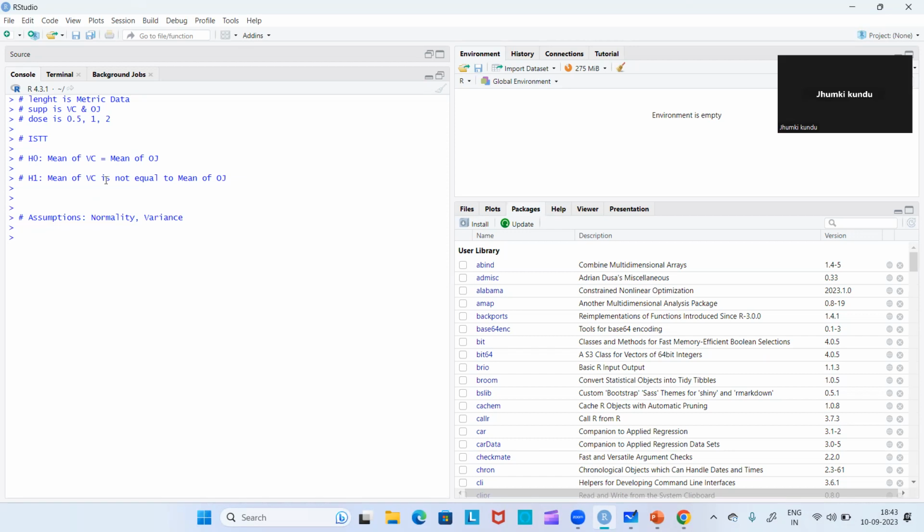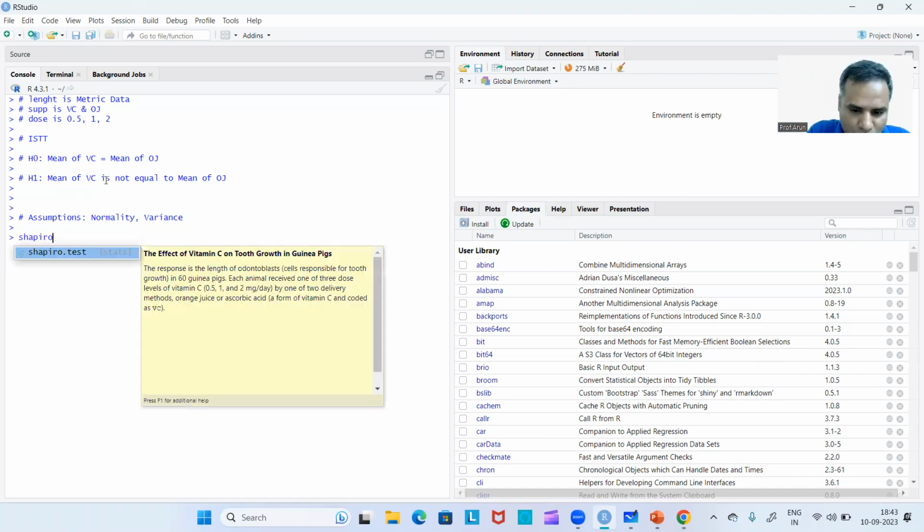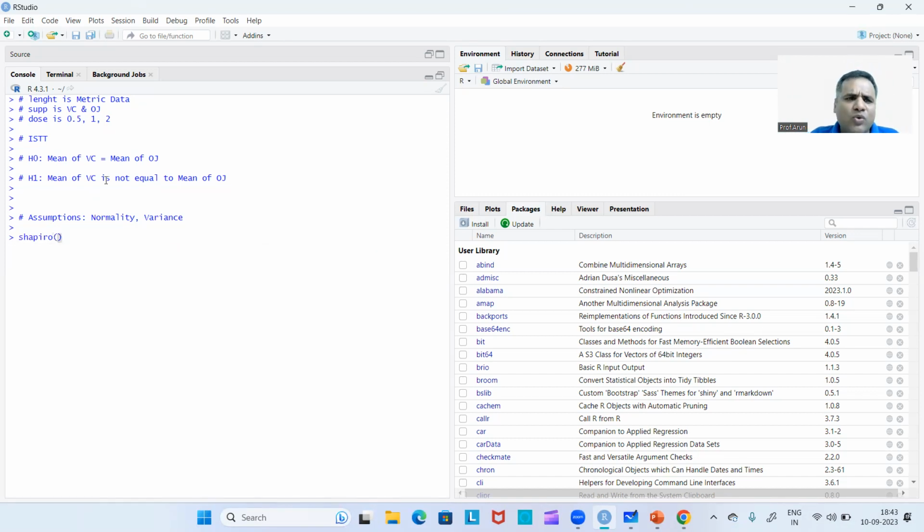एंडरसन डार्लिंग टेस्ट और कोल्मोग्रोव टेस्ट। हाँ, ओके, तो मैं एक काम करता हूँ, चलो मैं शापिरो टेस्ट लगा देता हूँ, उसके लिए कोई पैकेज की जरूरत नहीं है। अब ये नॉर्मेलिटी किसका चेक करूंगा? लेंथ का, सप्लीमेंट का, कि डोज का? देखो, नॉर्मेलिटी कभी भी मेट्रिक डेटा का चेक होता है। मेट्रिक डेटा मेरा लेंथ है, सप्लीमेंट मेरा नॉन मेट्रिक डेटा है, वो तो कैटेगरी है OJ VC, और डोज भी कैटेगरी है 0.5, 1, 2।